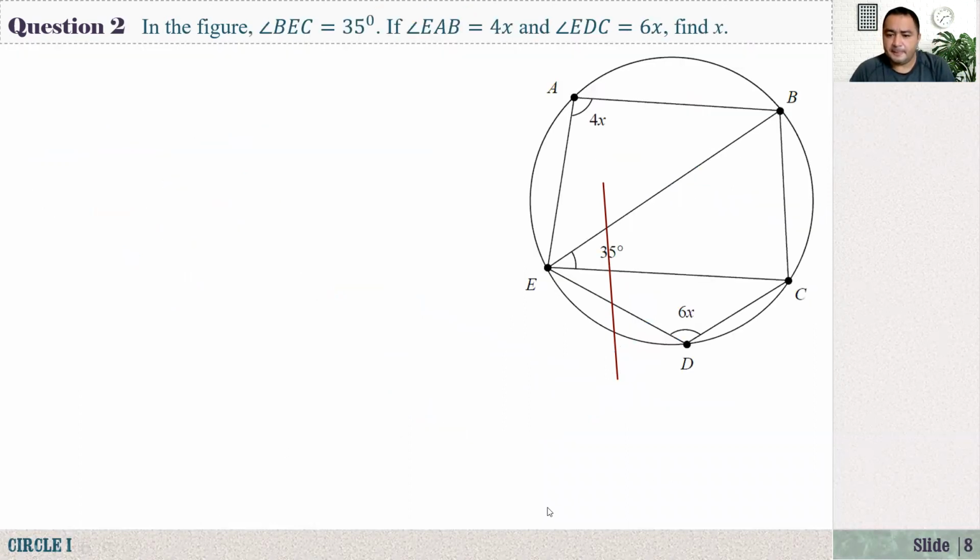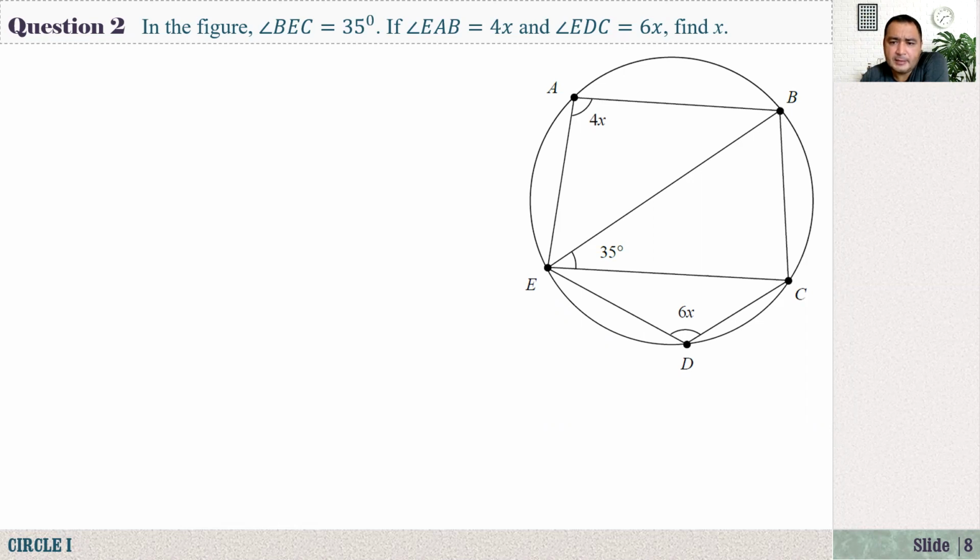Another example. In the figure, angle BEC is 35 degrees, angle EAB is 4x, and angle EDC is 6x. The question is, we need to find the value of x. So as you see here,